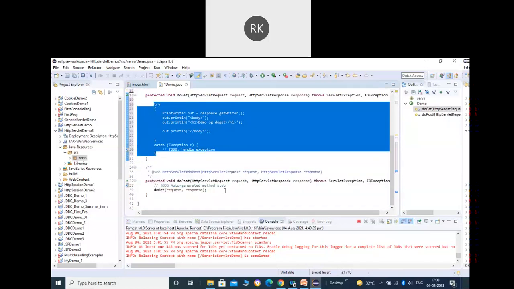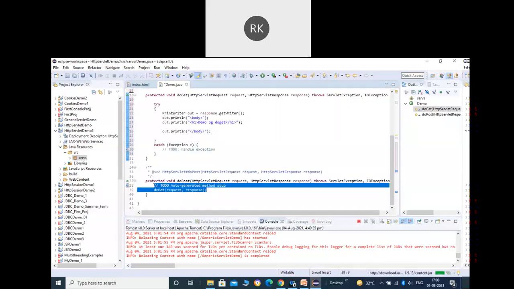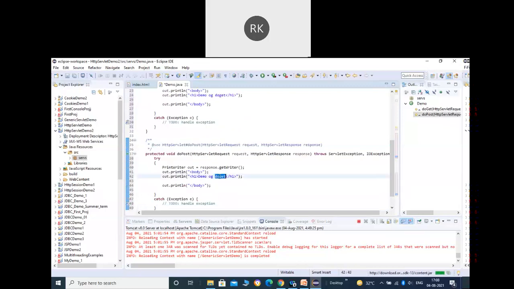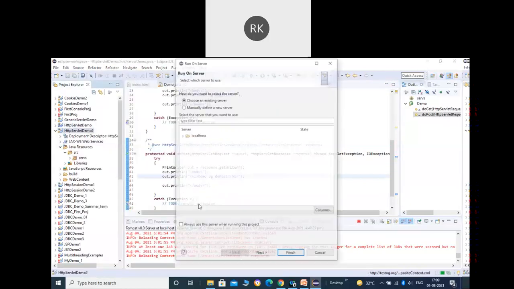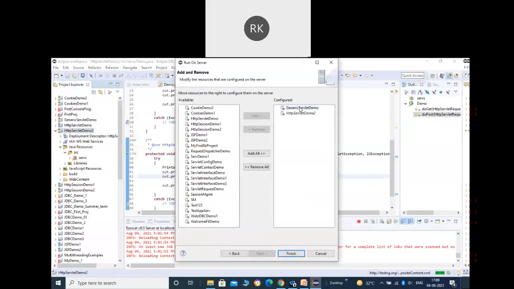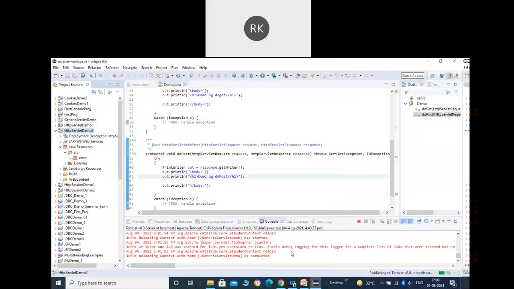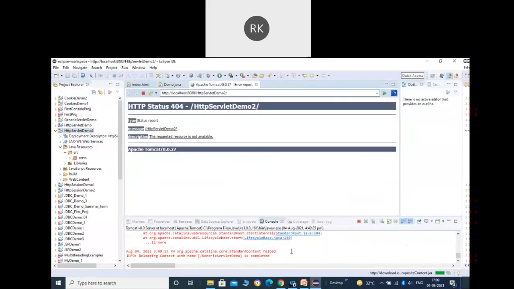Here within the body, I can specify whatever HTML code, like H1. In the same way, you can specify the code of doPost. Remove the code.